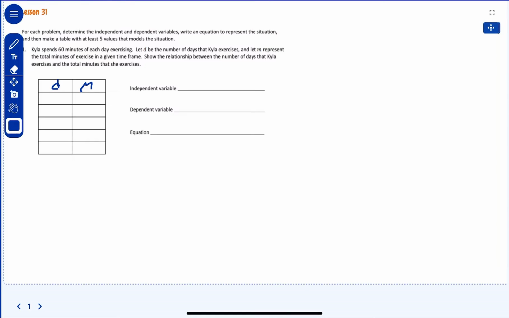So the independent variable is going to be the what? The days, number of days. And the dependent variable is the number of minutes. So how are we going to come up with that? What is our equation going to be, Janice? I need a variable, or I need an equation. D